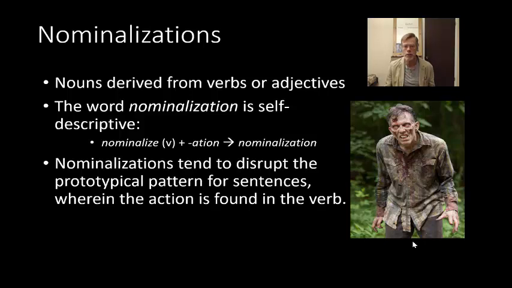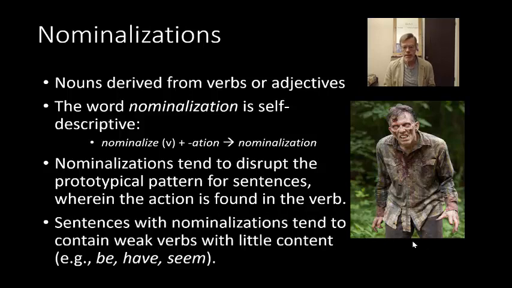Nominalizations tend to disrupt the prototypical pattern for sentences, wherein the action is found in the verb. So since we've taken a verb, turned it into a noun, now the action is buried inside of that noun. Sentences with nominalizations tend to contain weak verbs with little content. Like, for example, be. It's hard to imagine a verb with less content than be. Have, seem, appear, make. These are also verbs that we often use with nominalizations that don't add any real content